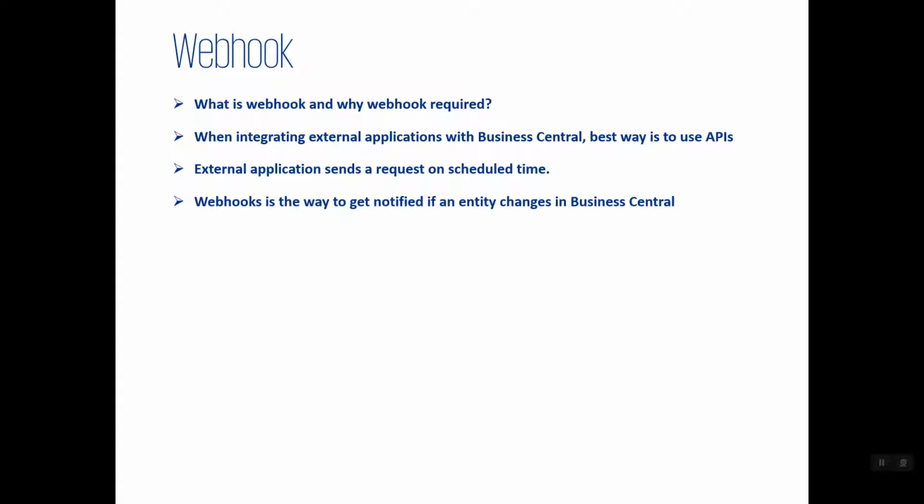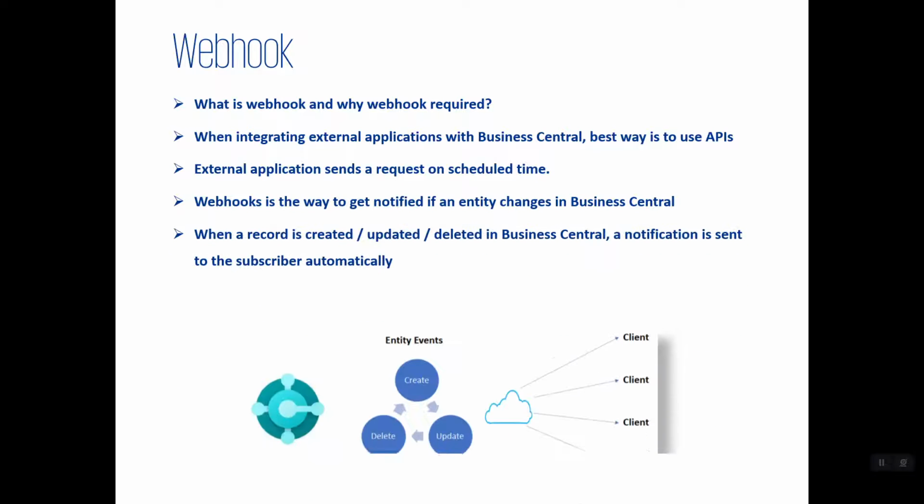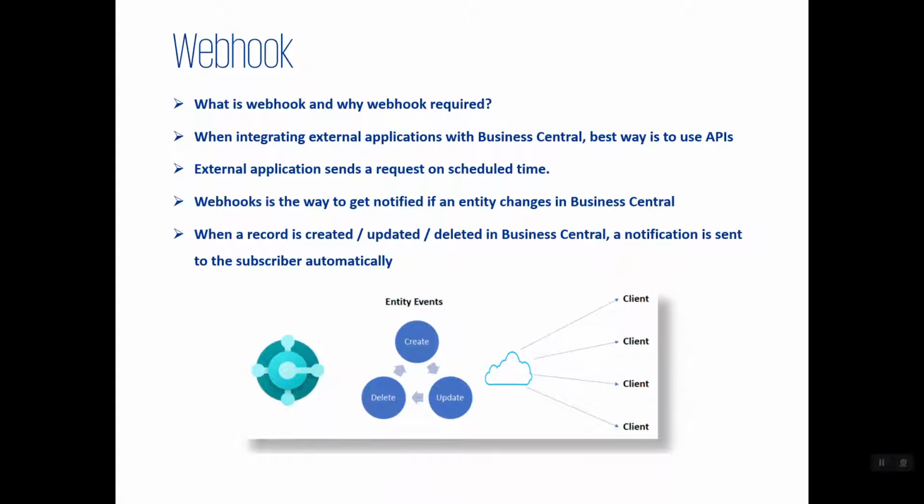To avoid this, Microsoft introduced a webhook. So webhook is a way to get notified if an entity changes in the Business Central, meaning whenever a customer is created or updated or deleted in the Business Central, it will send a notification to the subscriber. In our case, it's the external application. So whenever the customer entity, the customer table, gets changed, either create or update or delete, Business Central will send a notification to the external application